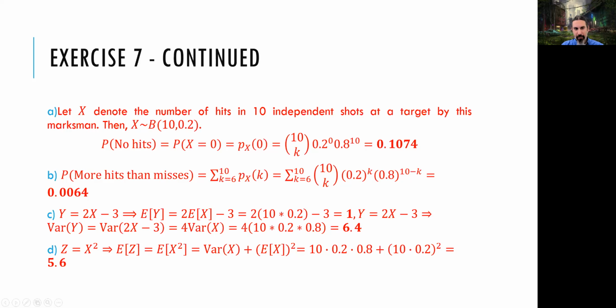Now, as you can see, in these kinds of questions, more than one way is possible of calculating those values. You can use any one of the ways you have at your disposal, but some of them are, again, as in previous chapters, easier to calculate. This one makes it easier, but you could have said, okay, I'm looking for x squared, I'm just going to find all those x squared values and then multiply them one by one with the probabilities, which is very long to do because you have to find all those probabilities one by one. It's going to take a lot of time. So try to avoid wasting time like this if you can. This one is much easier to tackle.